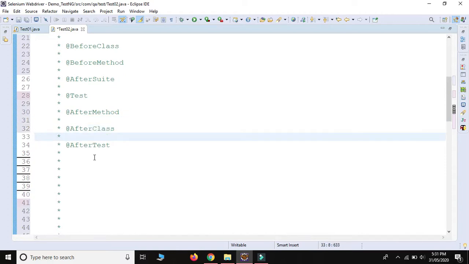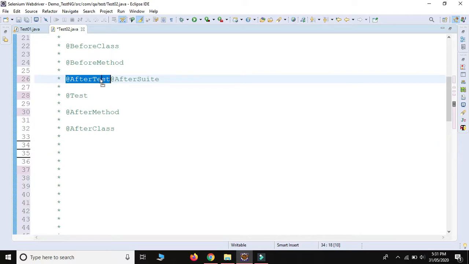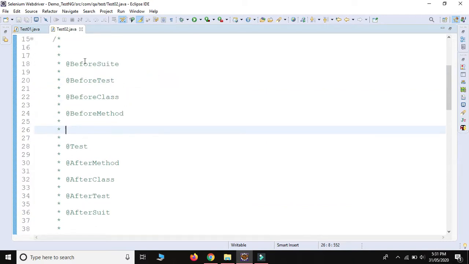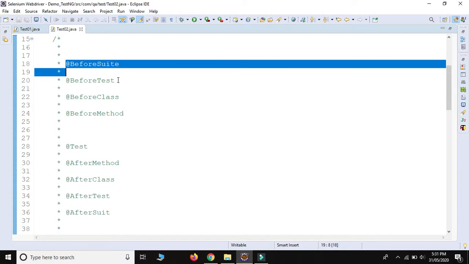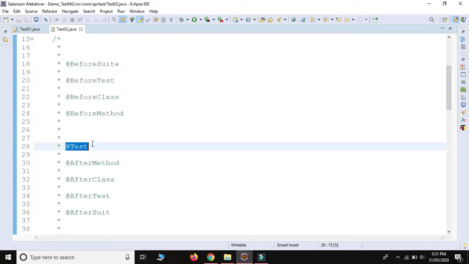Control Shift F and Control C. So this is the execution flow. First one is suite, then test, then class, then method, then our main business logic, which is known as the main method, or we can say the test case.